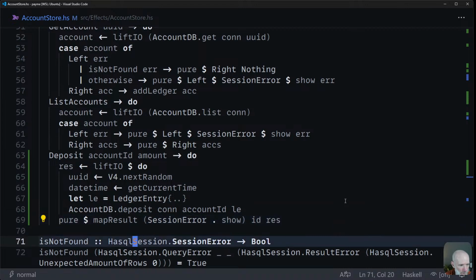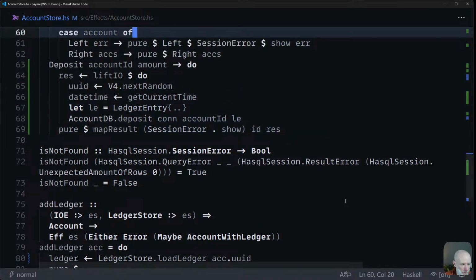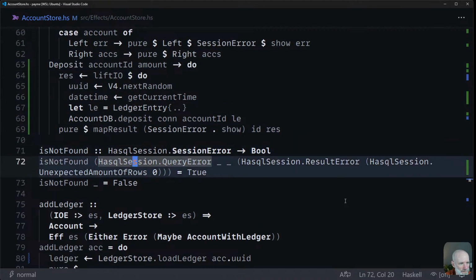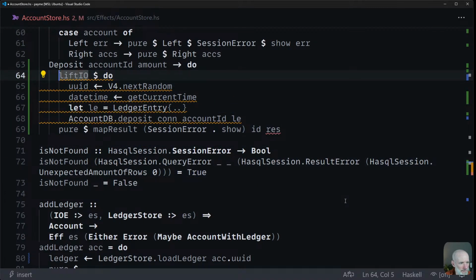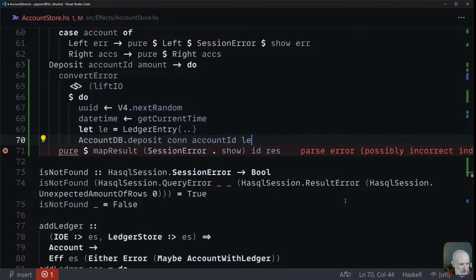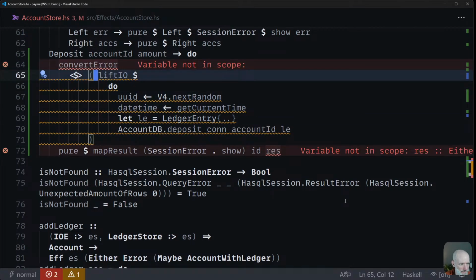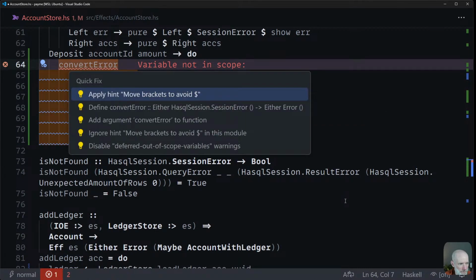Okay. I can write something called map error. Or like convert error. So we can say convert error applied to that. And then that's what we return, I think. So convert error